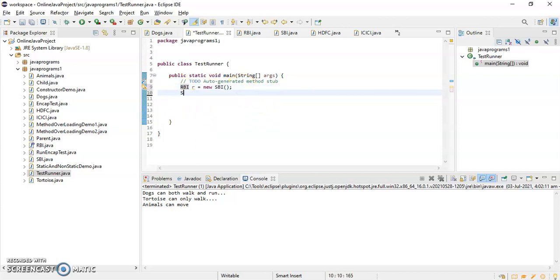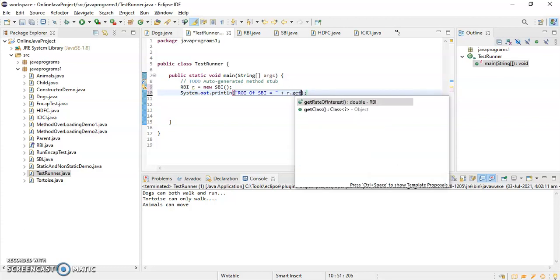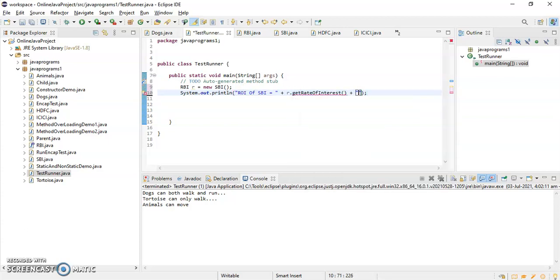So I'll write here System.out.println, rate of interest of SBI is equal to, and I'll write r.getRateOfInterest, and I'll give a percent sign.